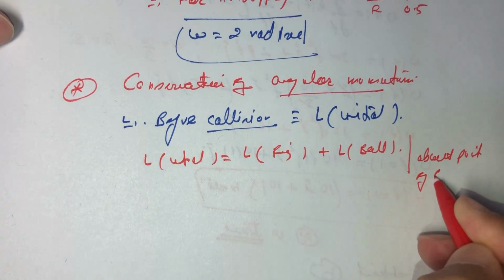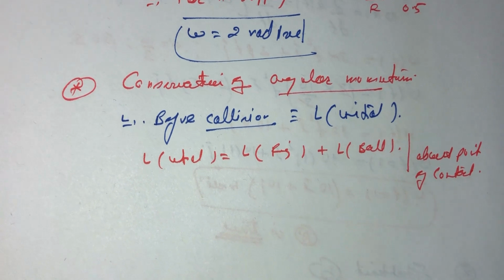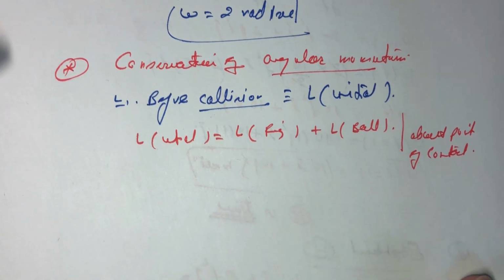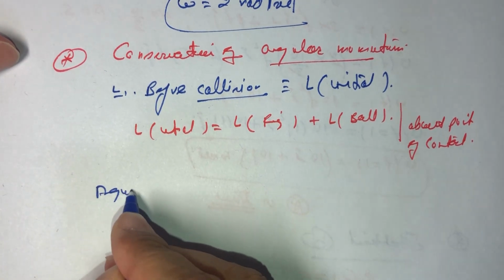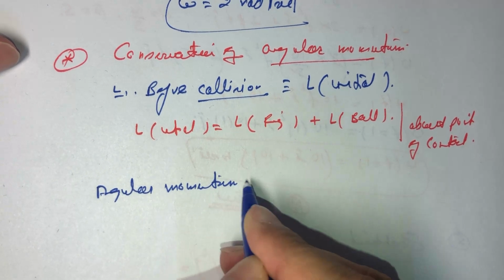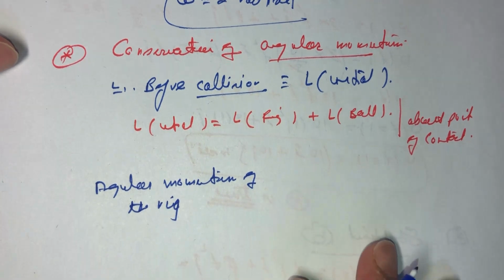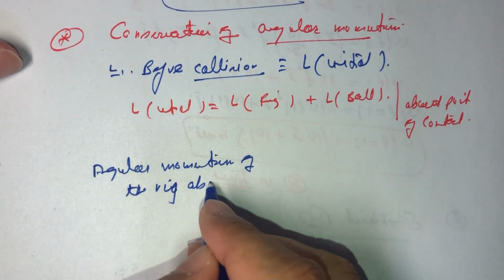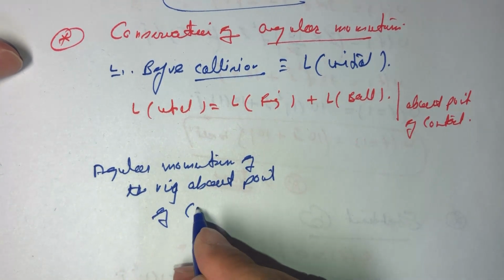Let us first of all find out the angular momentum of the ring about the point of contact,